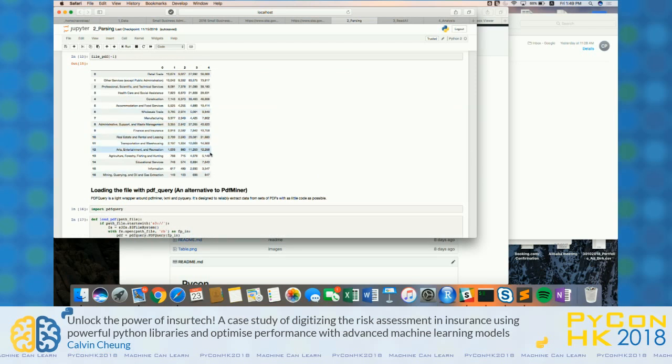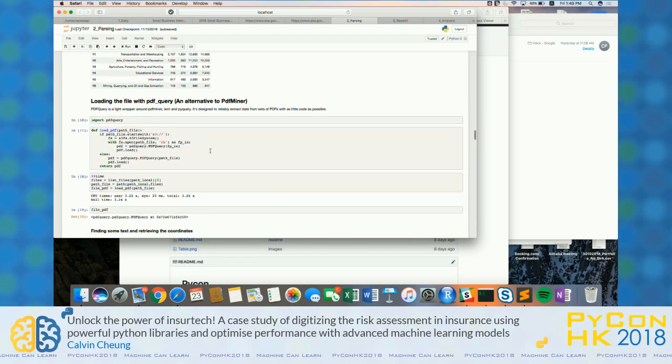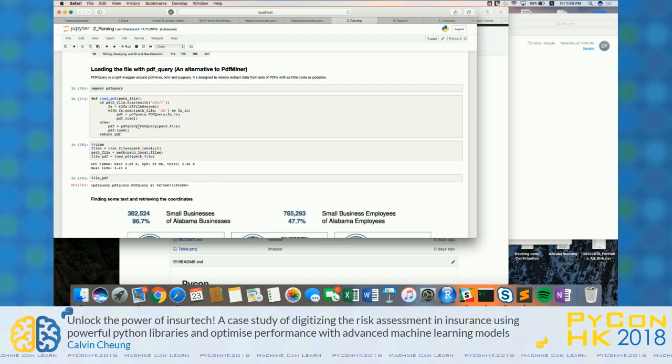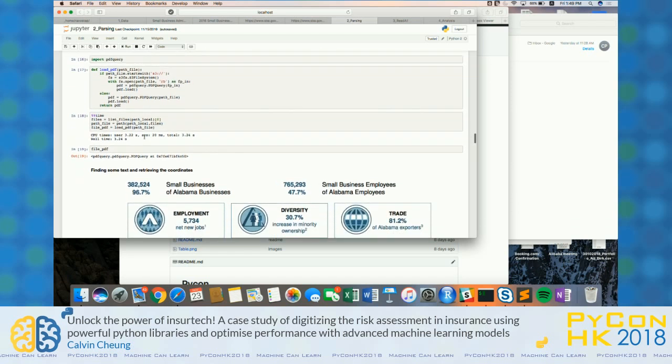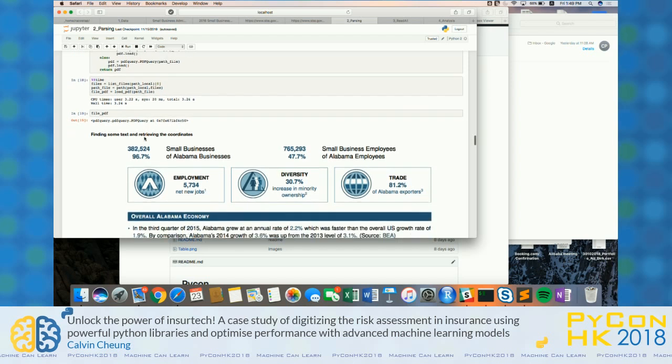Final one is actually PdfMiner. I found this one called PDF Query. It's a wrapper of PdfMiner, but it basically allows you to query a bit easier, for me, on how the objects are loaded. So let's say this one takes some time. It will extract all the information from the PDF into objects and will give you the coordinates on where the